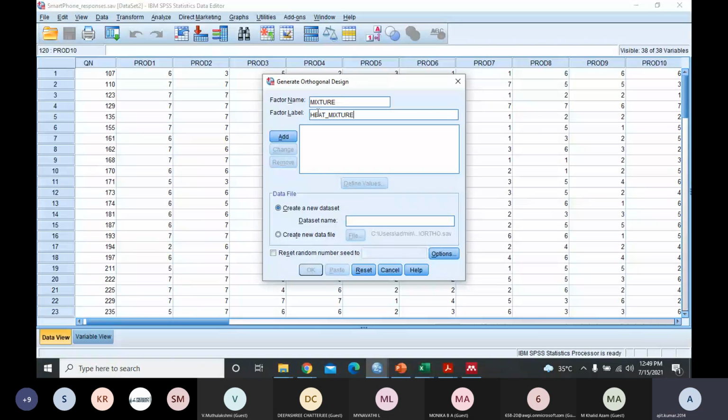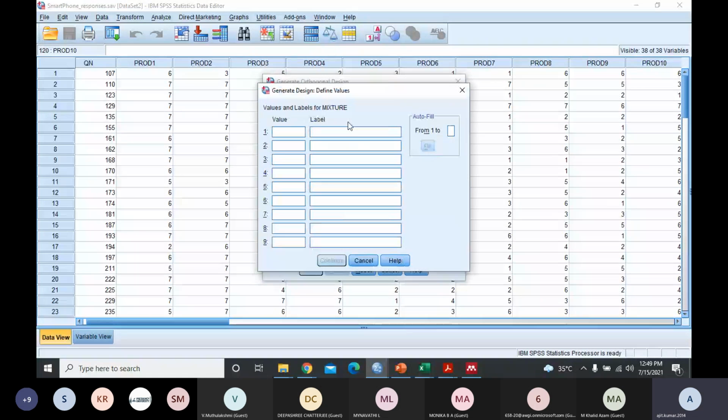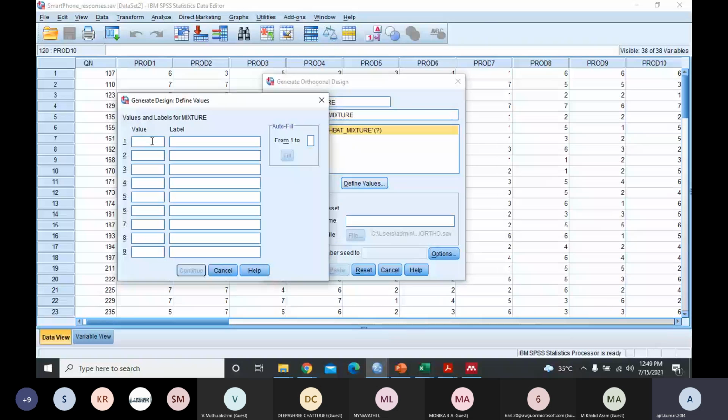And then click add. When you click add, there will be a question mark right here. So you just need to select this and click on define values. Here we need to give the different levels. There were 3 levels. So either you type 1, 2, 3, or instead of doing this, you can also do that.